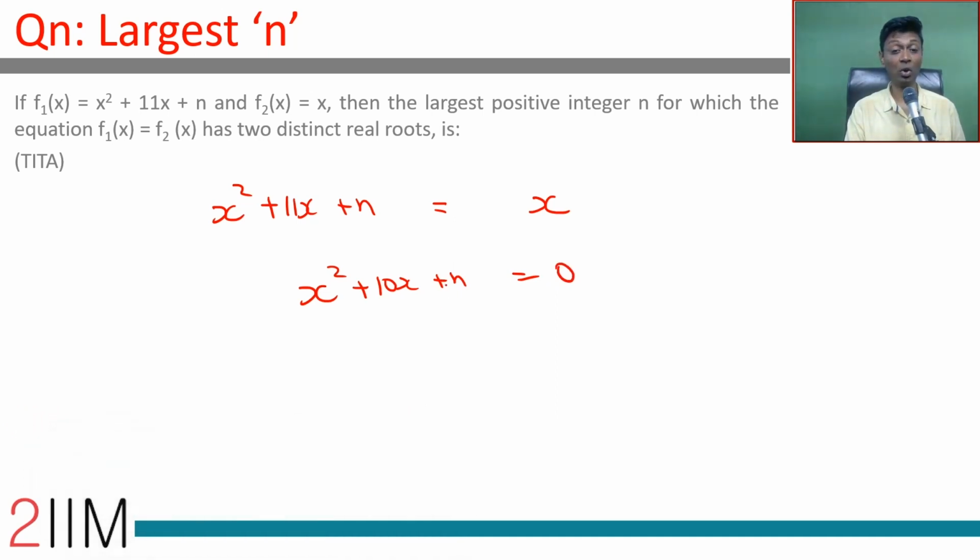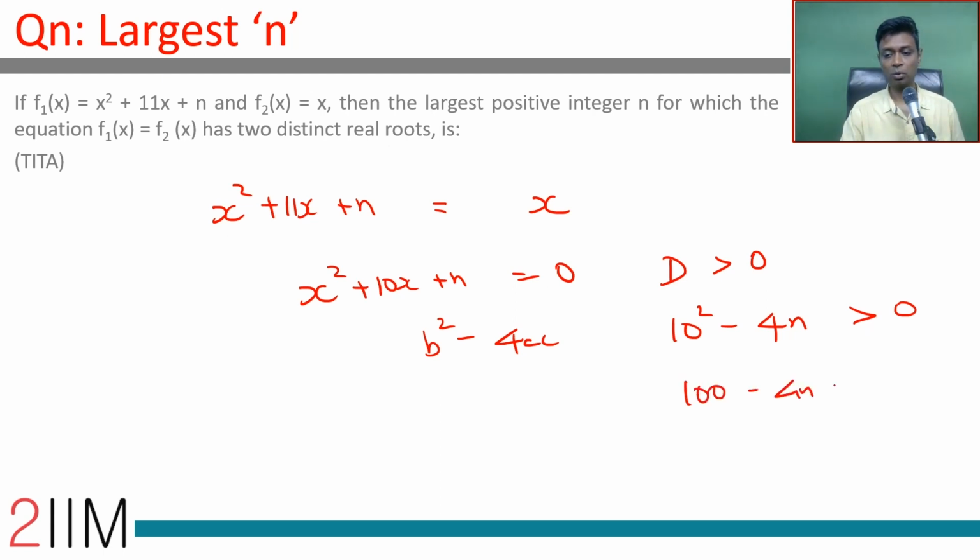This should have two distinct real roots, or the discriminant should be greater than 0. Discriminant is b square minus 4ac, which is 10 square minus 4n greater than 0. 100 minus 4n greater than 0, or 25 minus n greater than 0, or the maximum positive integer n can take